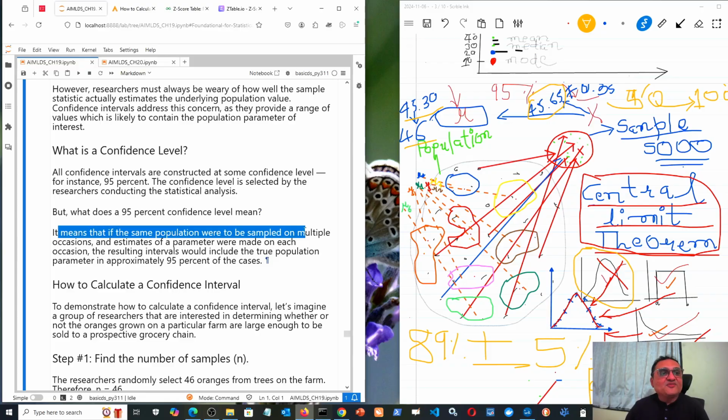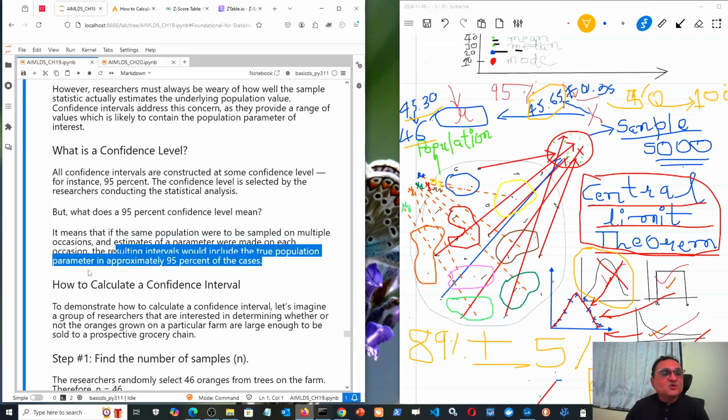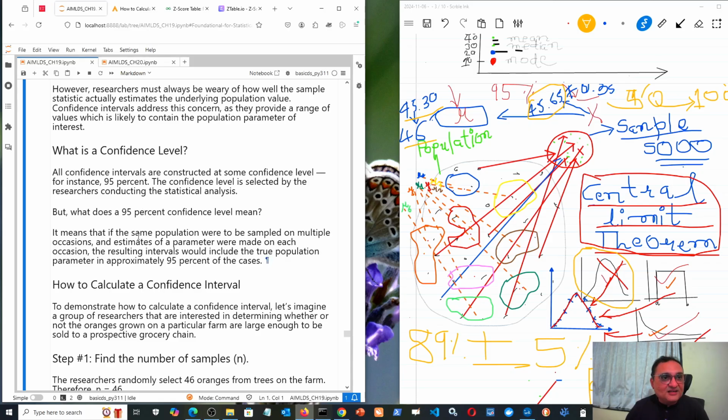It means that if the same population were to be sampled on multiple occasions and estimation of parameters, the mean for example, were made on each occasion, then the resulting interval would include the true population parameter in approximately 95% of the cases. What is the meaning of this sentence? Please understand. This sample mean, 45.65, I got by taking a sample once, but similar samples you have